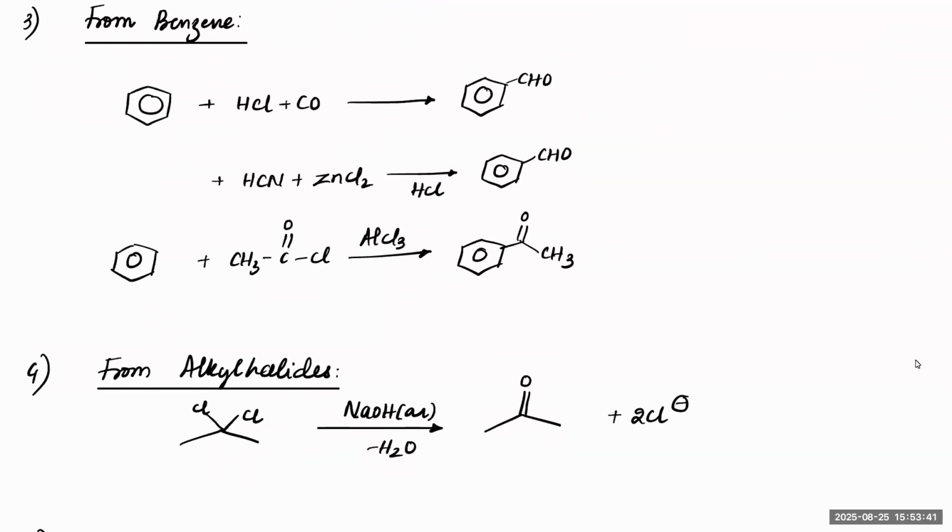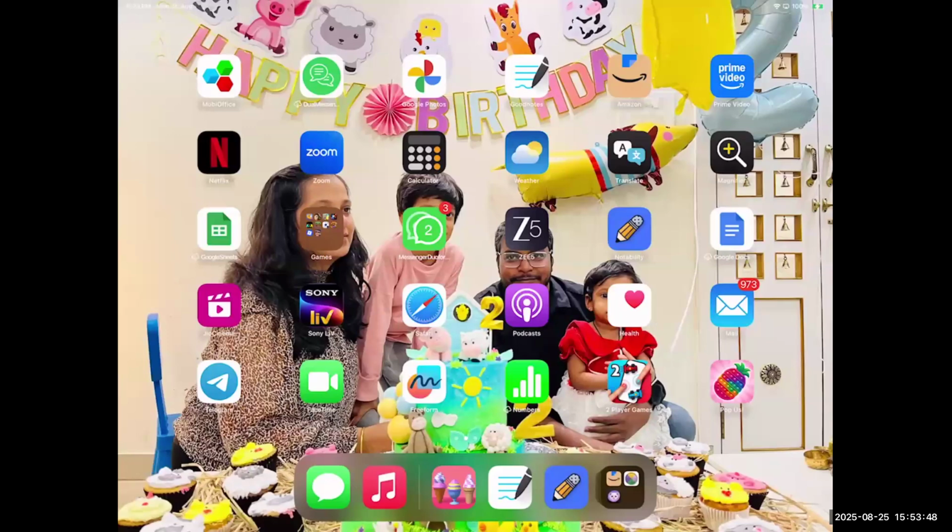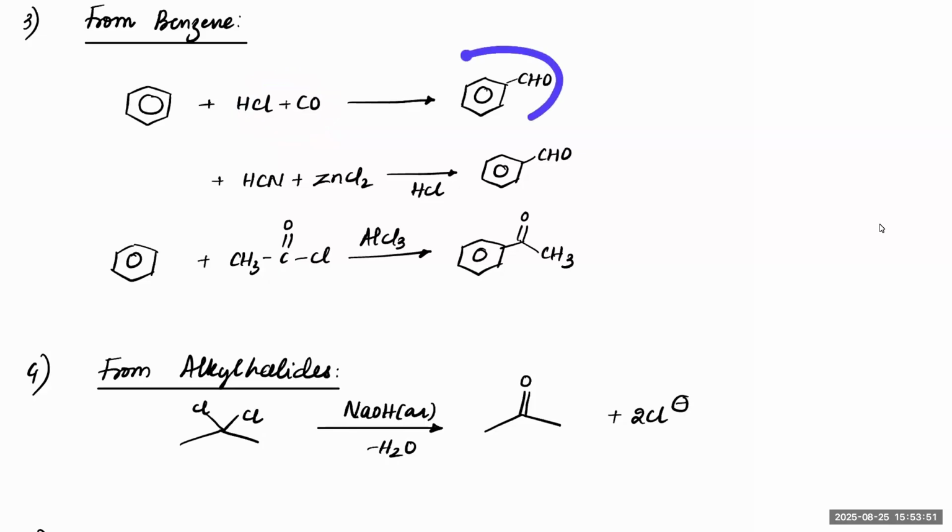If you want an aromatic aldehyde, then what will you do? See, benzene plus HCl plus CO. This will turn into benzaldehyde, which we call the Gattermann-Koch reaction. Next, if you use HCN and ZnCl2 in the presence of HCl instead, this will be the Gattermann reaction. These two reactions we have learned earlier in benzene. Same as the reactions of benzene,